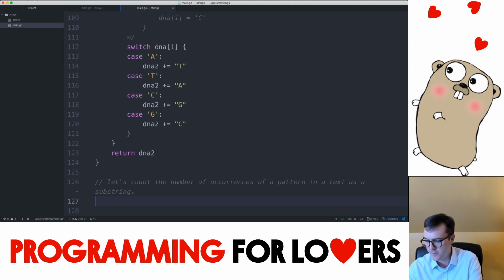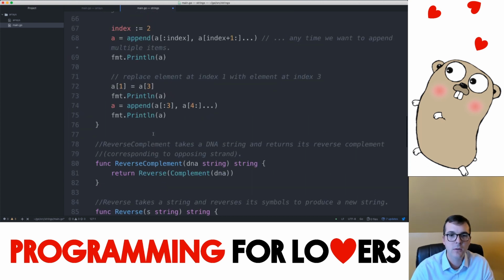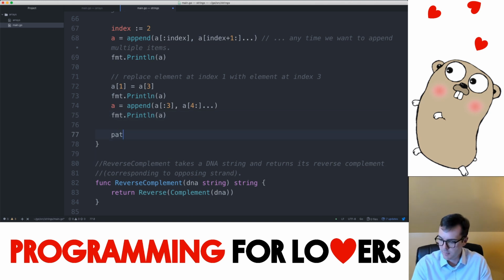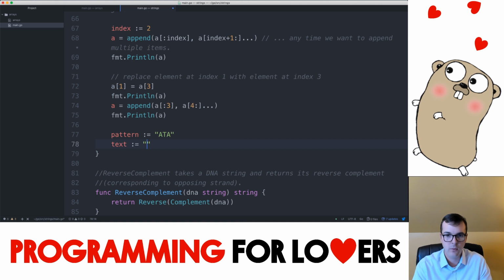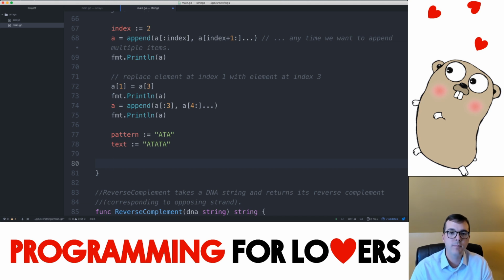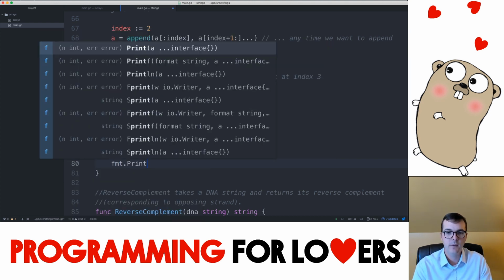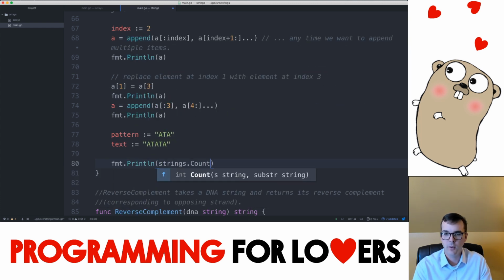And you might, for example, wonder why not use a strings package. So why not set, say, pattern equal to, I don't know, something like ATA, and text is equal to ATA. And from our work, the specific application that we were working with, we wanted to say the pattern occurred twice in text. And many languages will have a built-in, basic string operation package. That's called the strings package in Go. And so if I wanted to use that, I'd say I don't need to reinvent the wheel. I'm going to just call strings.count